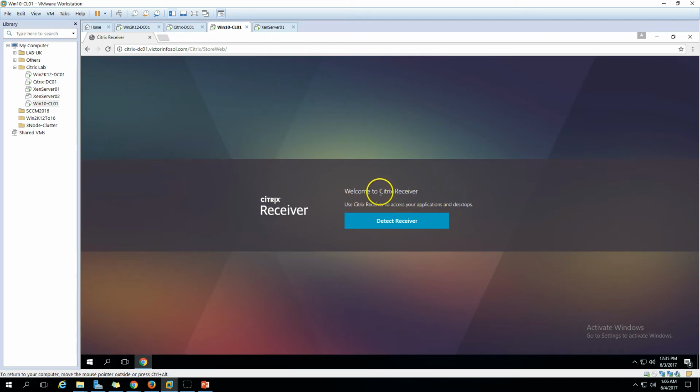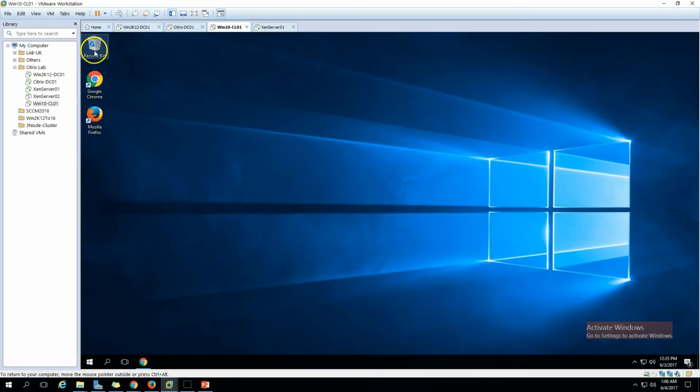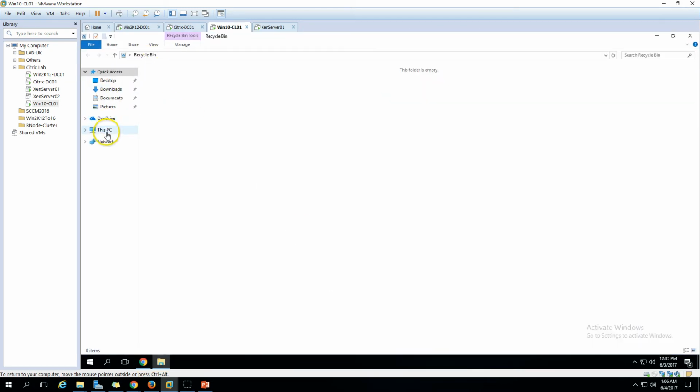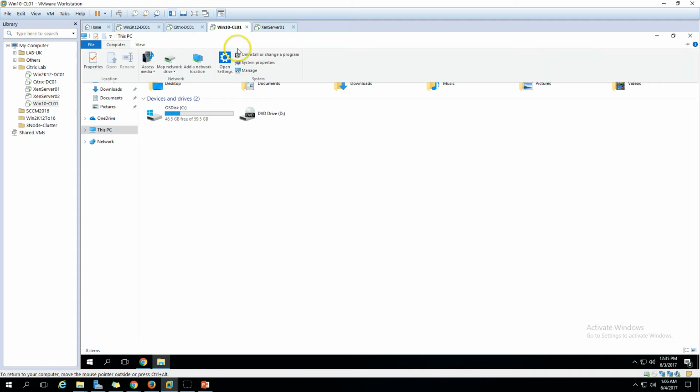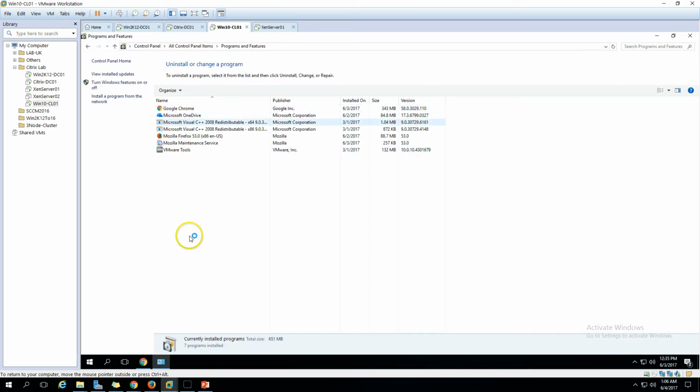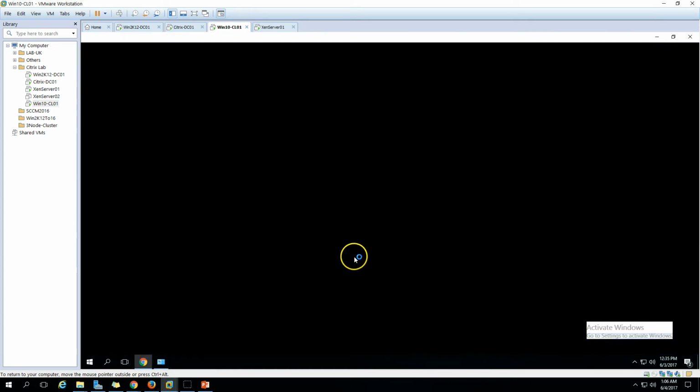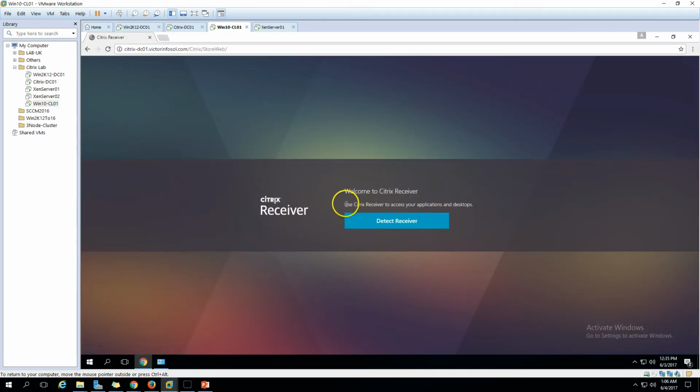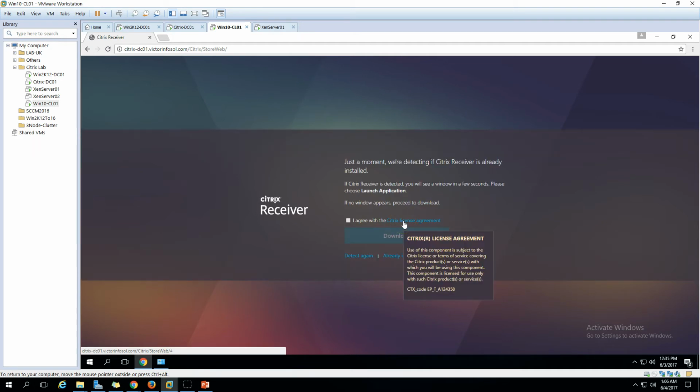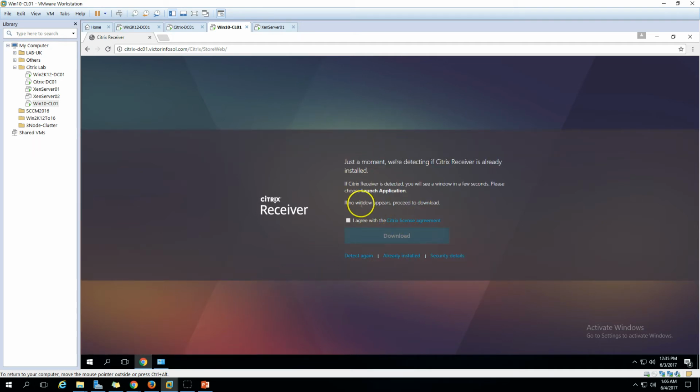So welcome to Citrix Receiver. Currently we don't have any Citrix Receiver installed on this machine, that's why we are getting this page. If you have Citrix Receiver installed on your machine, you will directly get the login page here. If you don't have it, use the Citrix Receiver to access your application and desktop. So you can go ahead and click, and it's detected the version of the Citrix Receiver which needs to be installed. So just a moment, we are detecting, so we are good to go, and click I agree